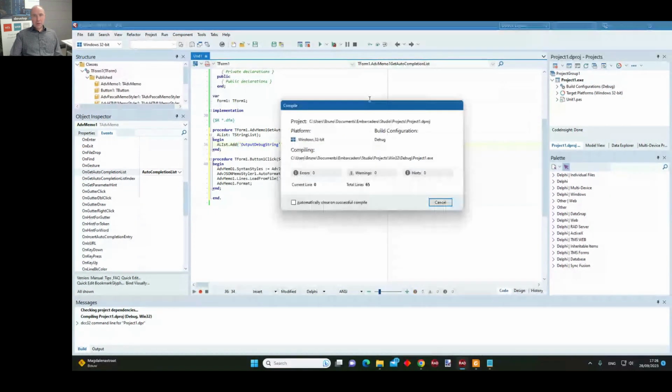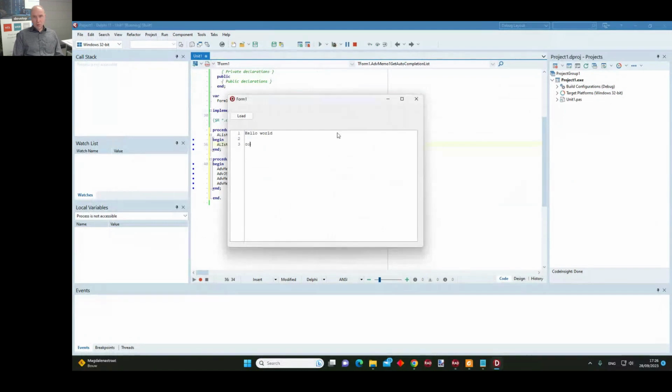And when I run this application, I can start typing some code here, and I have typed the first matching letters of output debug string, and so you can see that you can complete like this. In Pascal, we have already a couple of built-in words to complete.